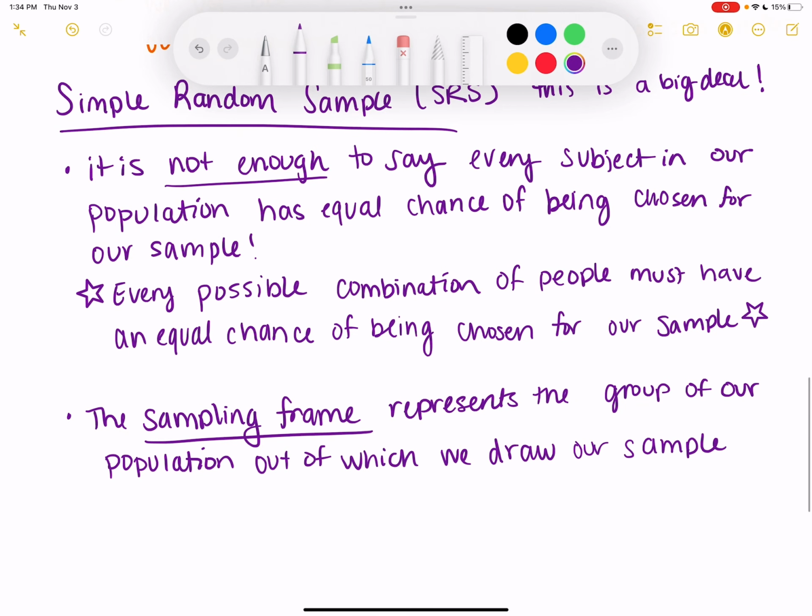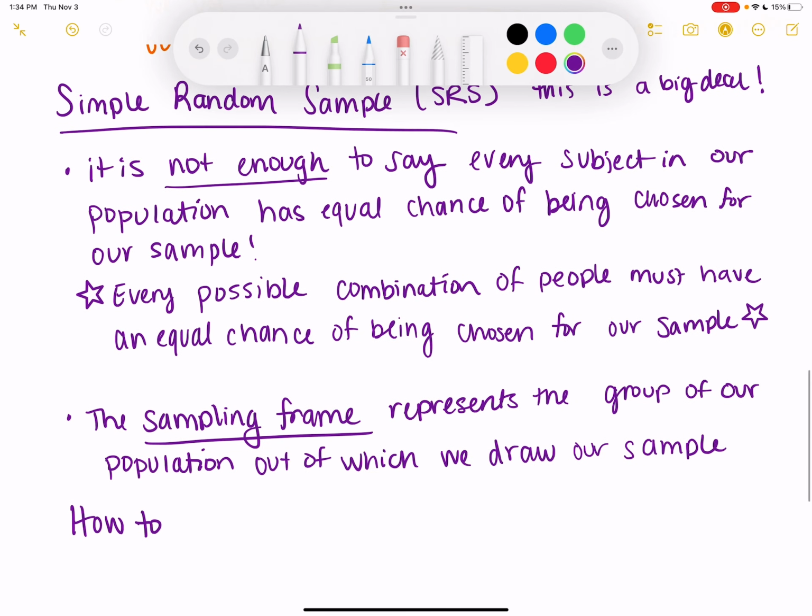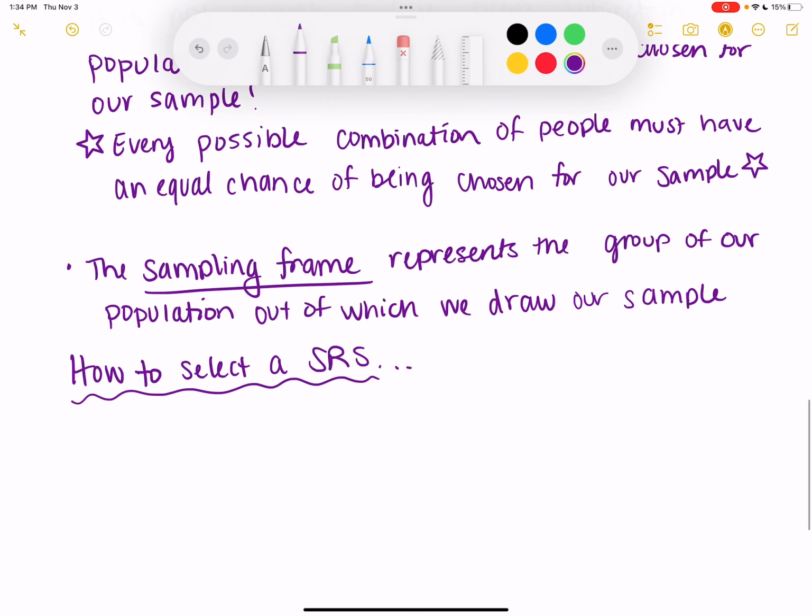All right, so how to select an SRS, or simple random sample. We are going to assign a number to each person in your sample frame.